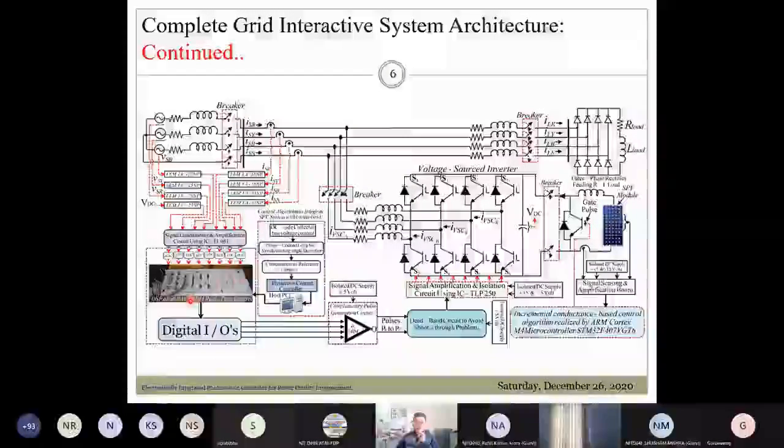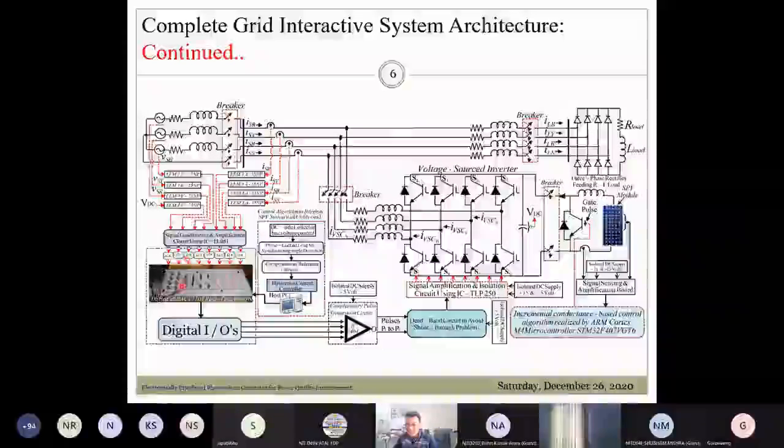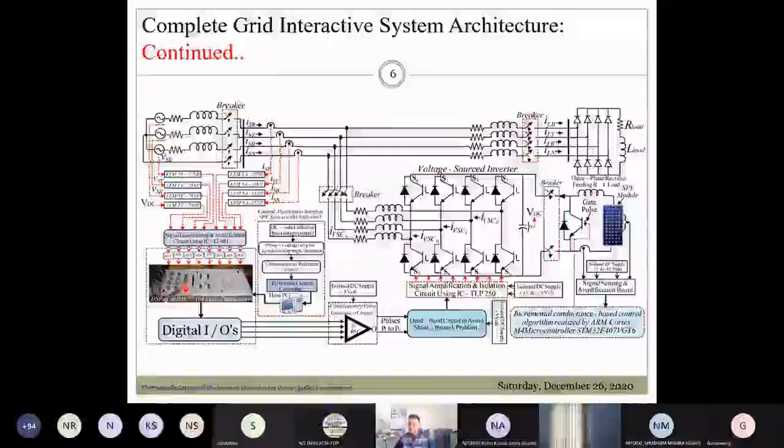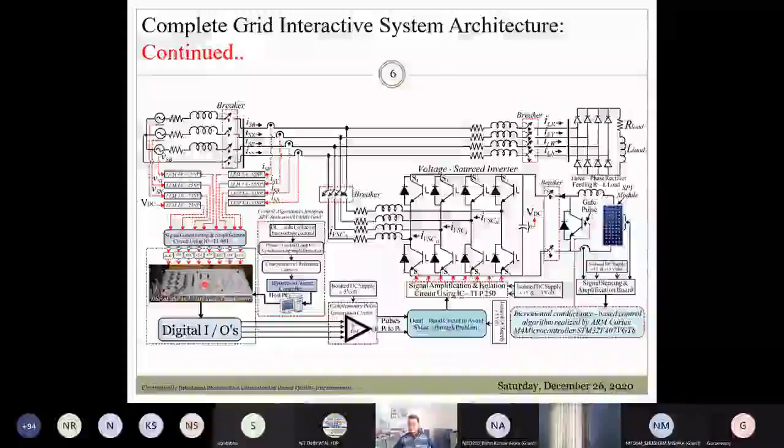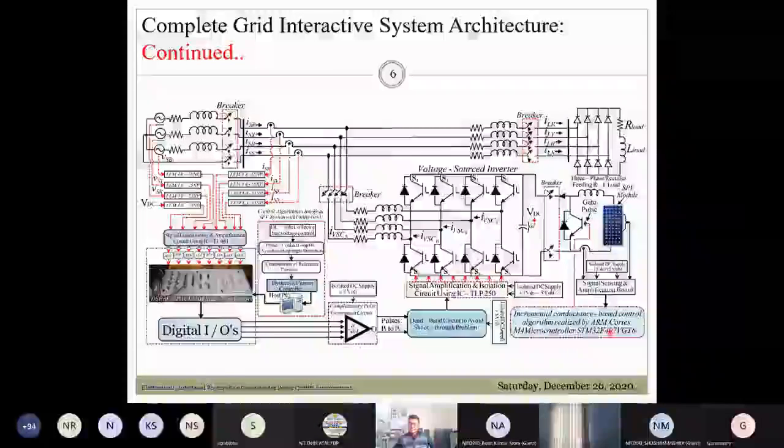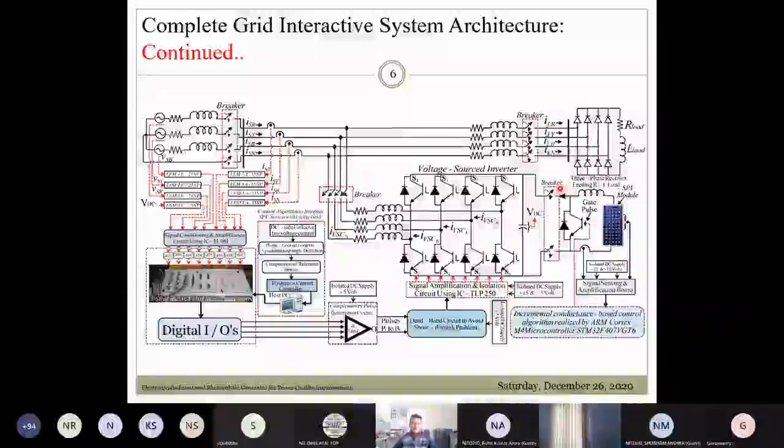So now I cannot implement the maximum power point tracking algorithm in the DSpace 1104. So I have used another controller, that is a commercial cheap microcontroller, the ARM Cortex based STM32F407VGT6 controller. In this case also you need to sense the voltage across the PV panel and the current, and these signals will be further utilized to track the maximum power point. So now, how many signals do you have?